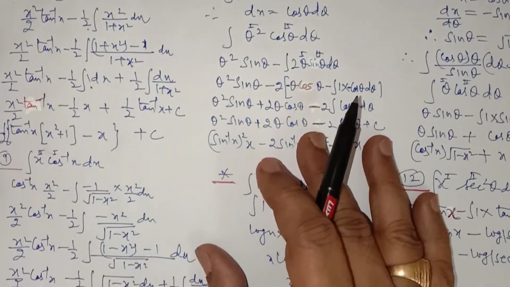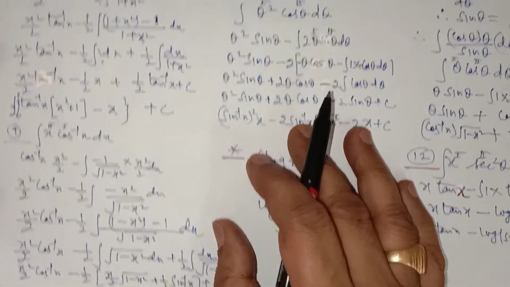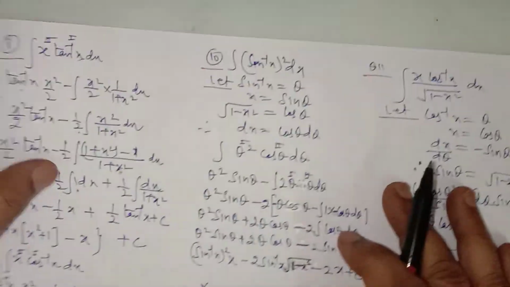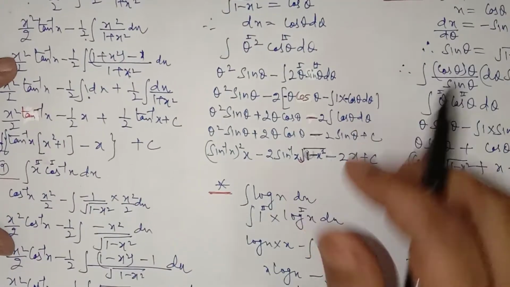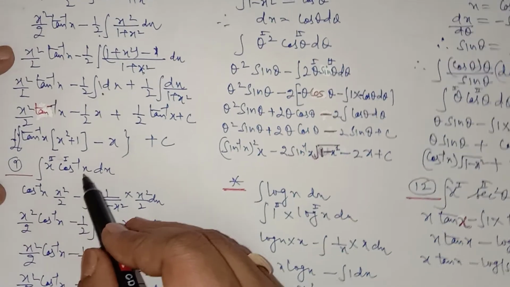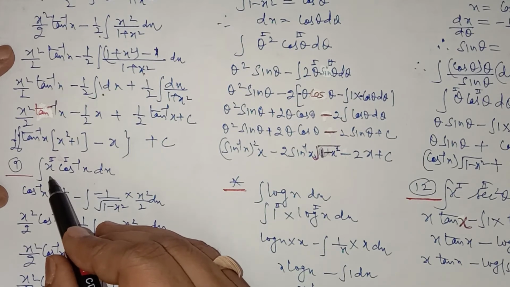Again, this is question number 9, just the same as question number 8. Question number 7 we have done here, like 18, in the last page we have done. So we have cos inverse x into x. It is a first function, you have to take it as inverse trigonometric function, and algebraic you have to take second.